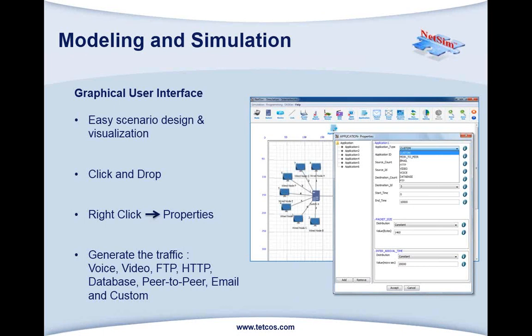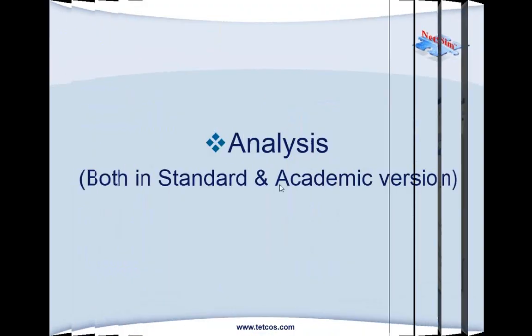So we can see here some screenshot. There is a GUI mode in which we can just drop down very easy. It is very easy to drop down some nodes from here, like host and then switches and routers. You can just easily click and drop and design our network.